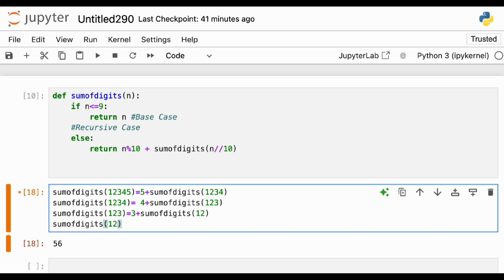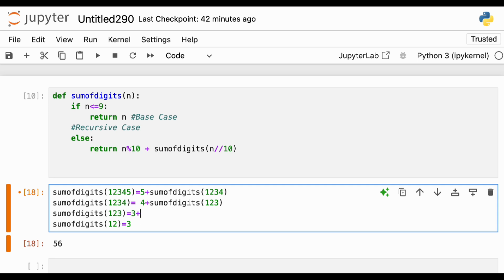It will say that this is equal to 2 plus sum of digits of a single-digit number. Now what is this? We have mentioned that if it is less than or equal to 9, it is basically that number only. So this is 1, so this becomes equal to 3. Now if this is 3, I'll replace it by 3.